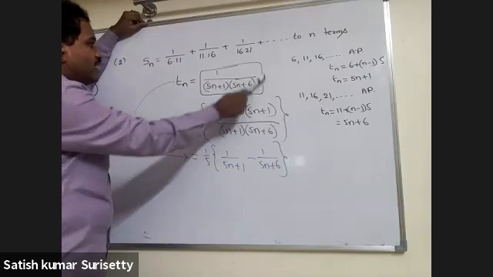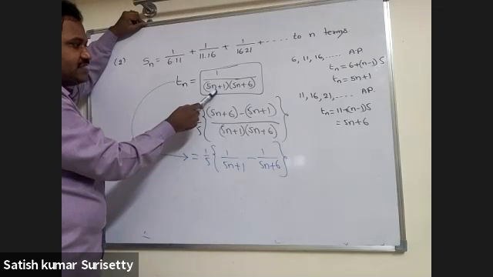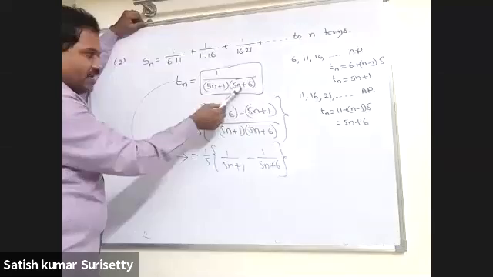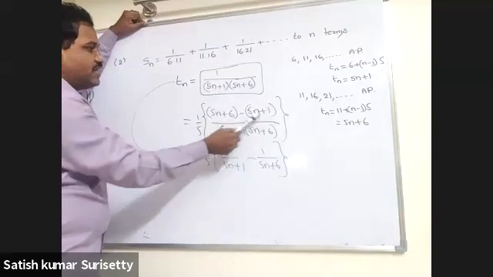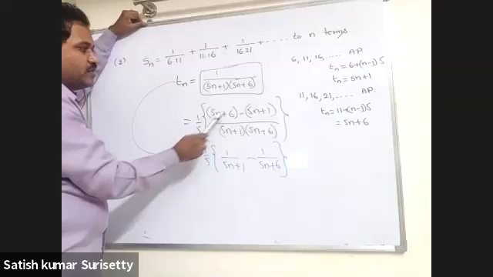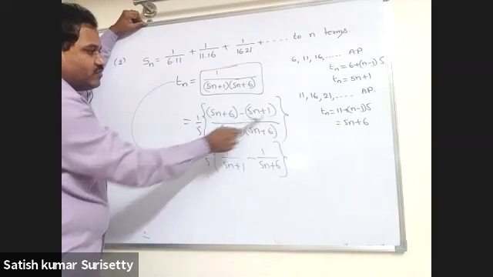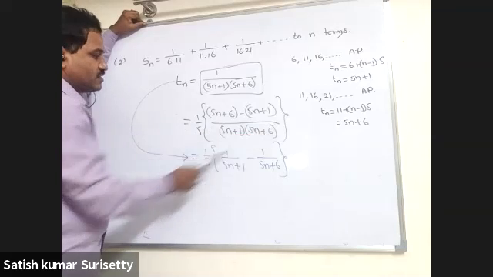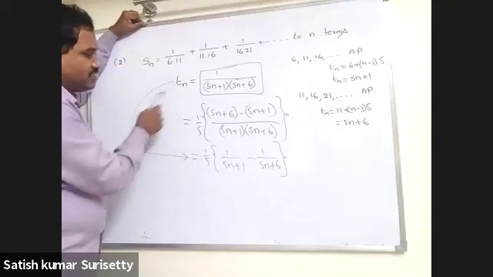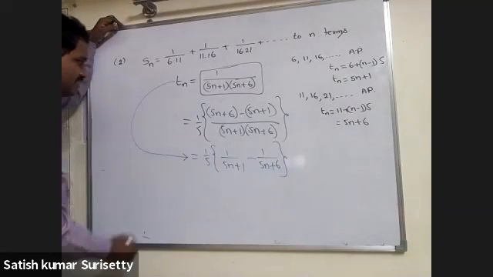So here you cannot apply sigma directly. Why? Because the variable is not in the numerator. So you have to express this as a difference of two consecutive terms, like the Vn method. Now, whatever factors are there in the denominator, you take those factors and write them in the numerator as a difference so that the variable gets cancelled. Always see that the variable gets eliminated when you write in the numerator. Once the variable gets eliminated, the constant you are getting, you divide by that. Now separate the terms: 1 by 5 into 1 upon 5n plus 1 minus 1 upon 5n plus 6. Now you have expressed the nth term as a difference of two consecutive terms. Now you substitute n equal to 1, 2, 3 and so on and calculate the sum of n terms.